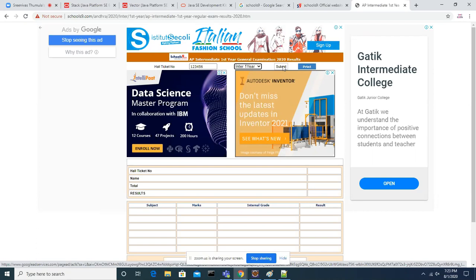Let's say you went to a railway ticket counter. There are 200 people in the queue. How many people are working on that? Only one counter is serving you. So multiple people are trying to access at a time, and it has to work on that. In that case also,